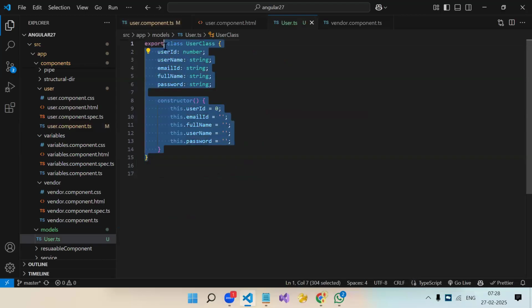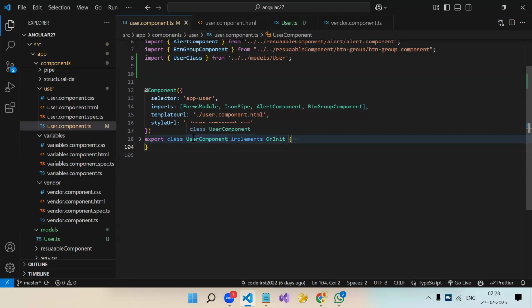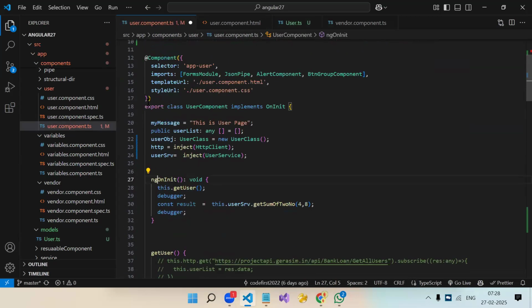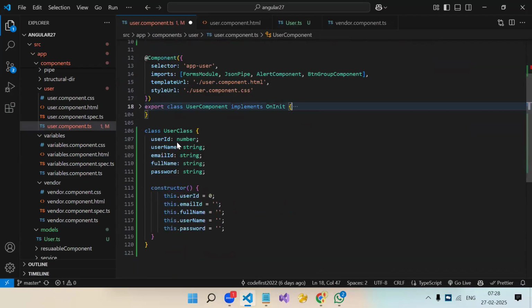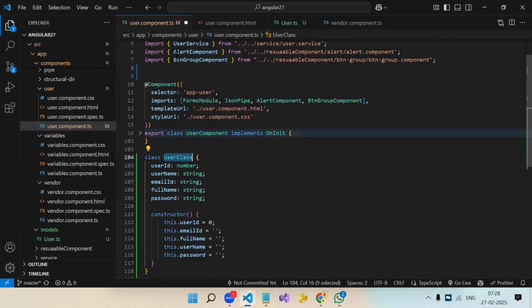But let's say you created this class in the component itself. After this class also you can create one, right? Then you don't need the export keyword because you are in the same file. If I remove this, you have created this class in the same file, so in the same file you can use it directly. You don't need to write the export keyword. You write the export keyword when you want to use this class outside this file; then only is the export keyword mandatory.